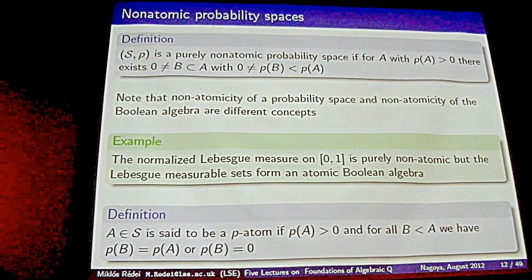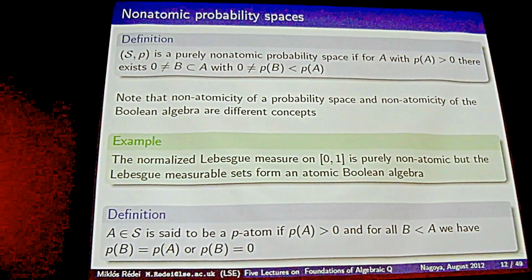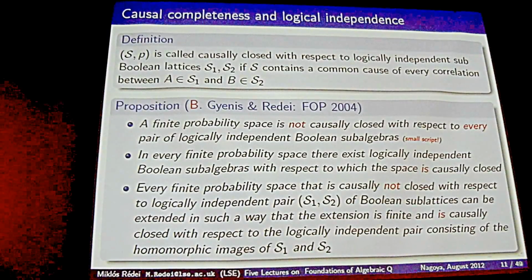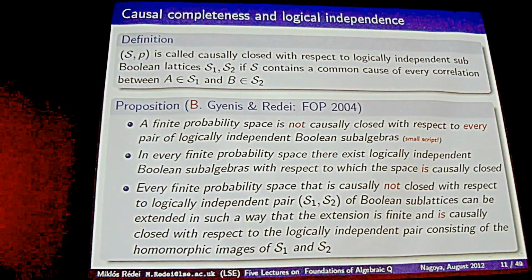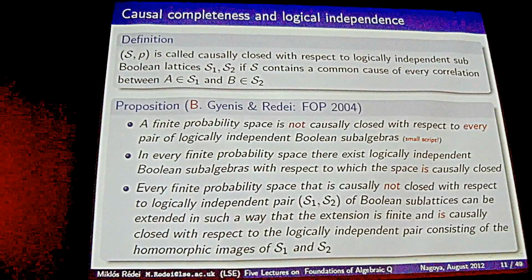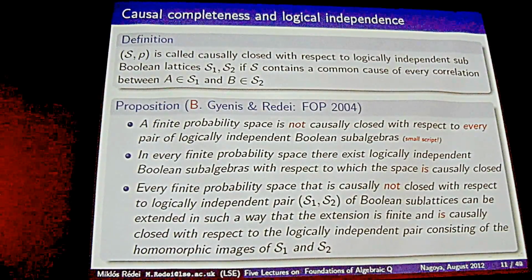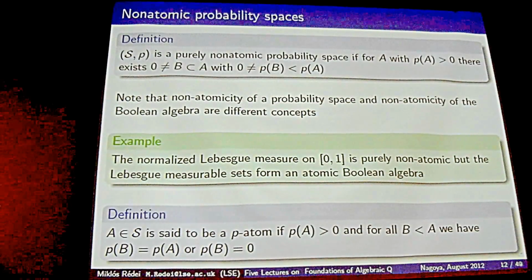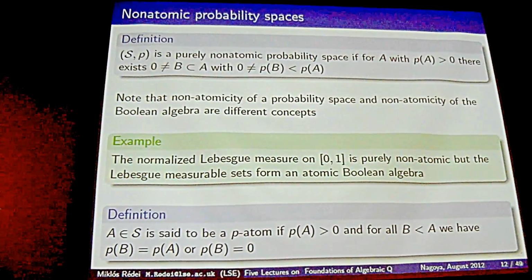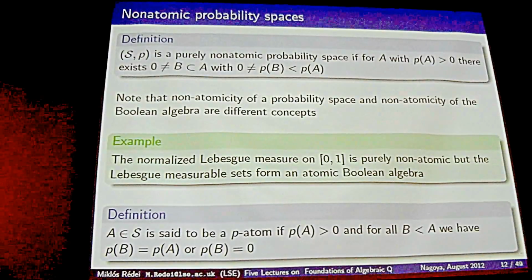The next issue, okay, so far the previous slide contained propositions about finite probability spaces. The finite probability spaces are discrete in some sense. They are the opposite of what nonatomic probability spaces are. Nonatomic probability spaces, nonatomic in the sense of measure theory, are the following ones.